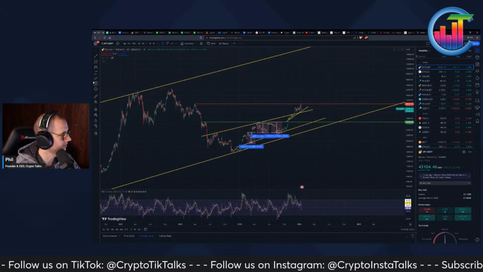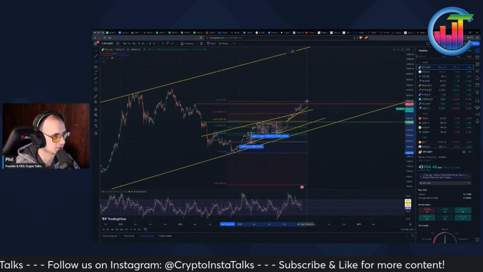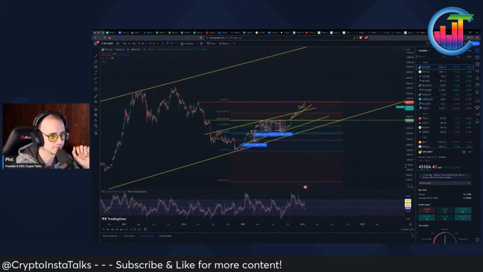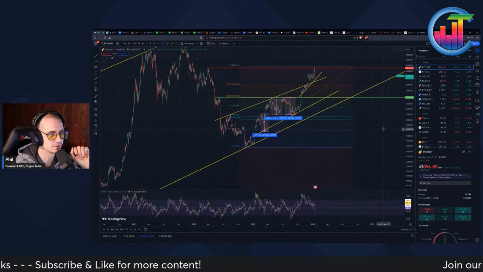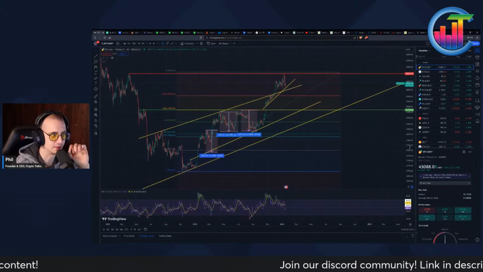I'd like to actually do this as well. I'll pull a fib level from this bottom to this peak. If this is the peak, then we have another fib level to look at, because you want to pull it from a bottom to the top if you're looking at where it might correct to. And this is what really puts me,